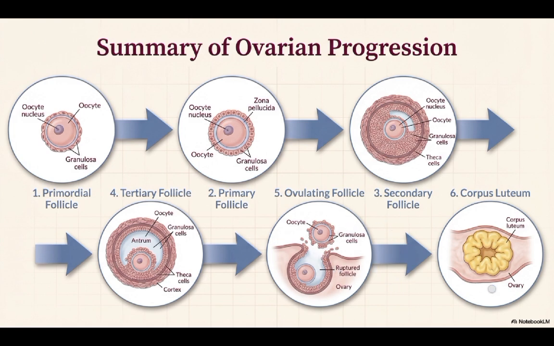So from there, we now form the corpus luteum, and the corpus luteum is formed when the empty Graafian follicle starts absorbing fat molecules, or the fat molecules now enter, giving it its yellowish color, and it now forms what you call the corpus luteum. From there, if fertilization takes place, it will persist for 3 months and supplies progesterone and estrogen. If fertilization